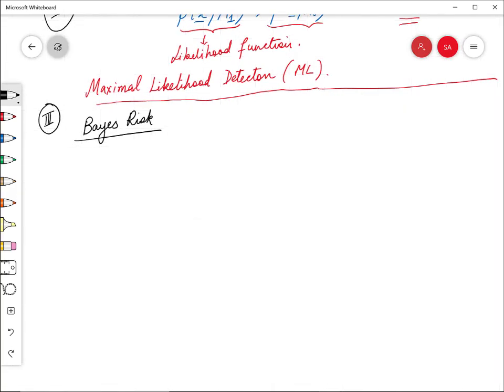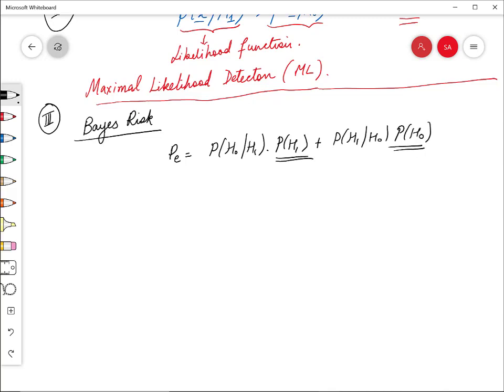In this, rather than taking PE to be probability of H0 given H1 times probability of H1 plus probability of H1 given H0 times probability of H0, where these weights are predetermined depending on the prior, we can make this probability of error a more general function in terms of the cost. So we define a Bayes risk function